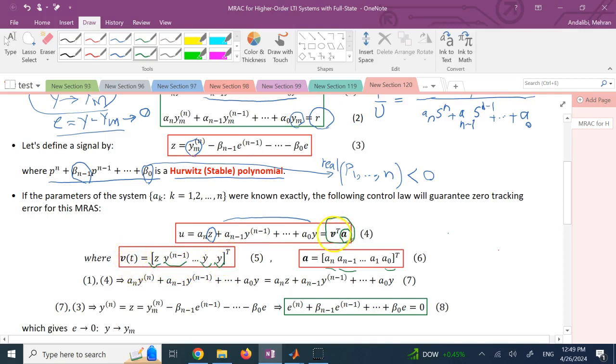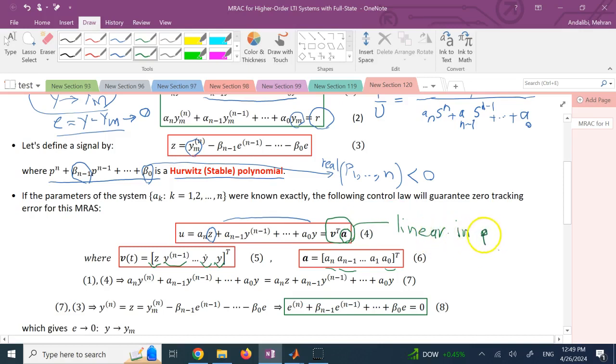So the first portion is the time variable portion. The second portion is the unknown parameters in general, okay? And so we say the equation of motion for this system is linear in parameters,